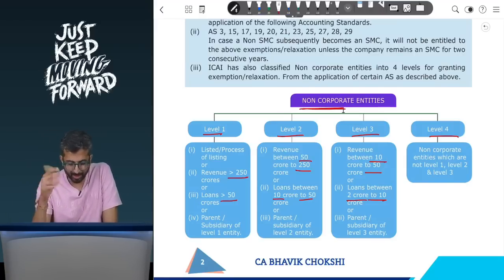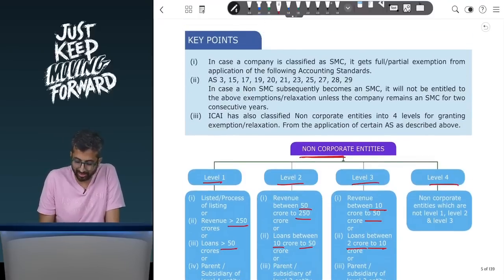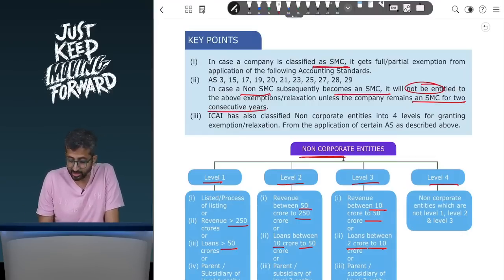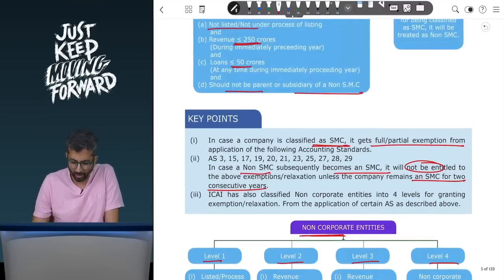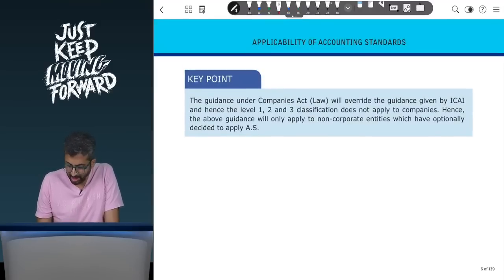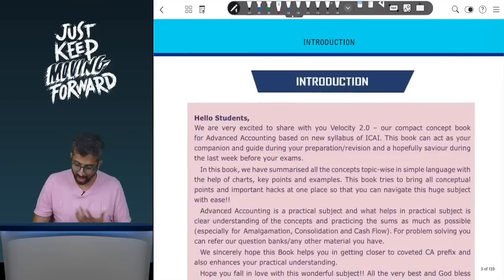From an exam perspective, you just need to remember the limits, and remember that in case a non-SMC becomes an SMC, it will not be entitled to the above exemptions unless the company remains an SMC for 2 years. And in case a company is classified as an SMC, it gets full or partial exemption from the below standards that are mentioned. So this is regarding the applicability of accounting standards as well, and I hope